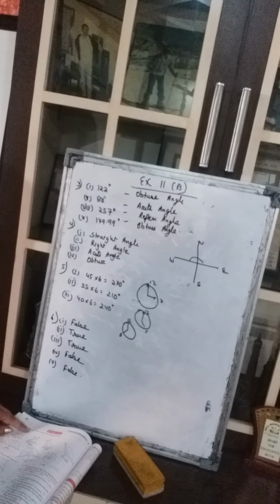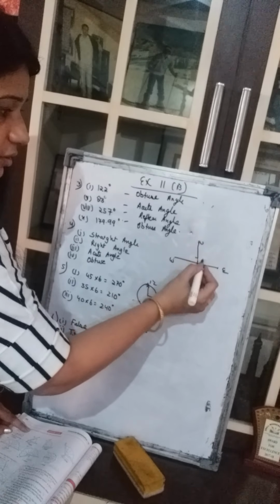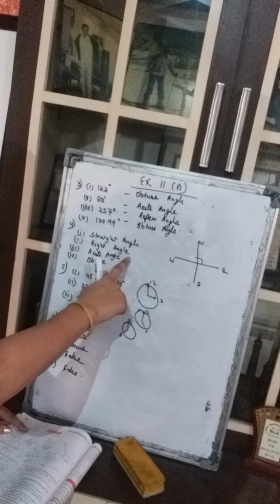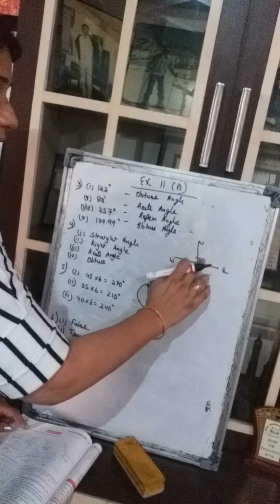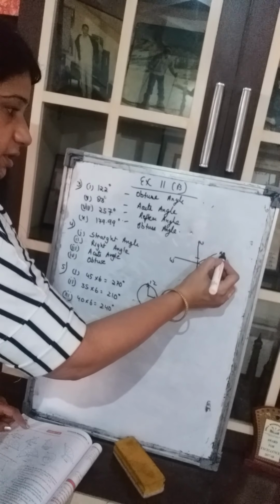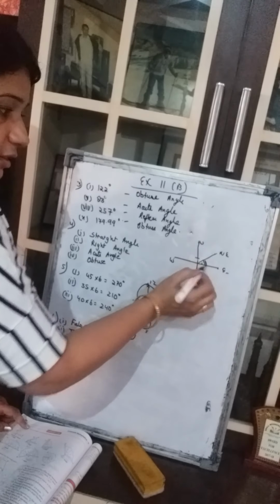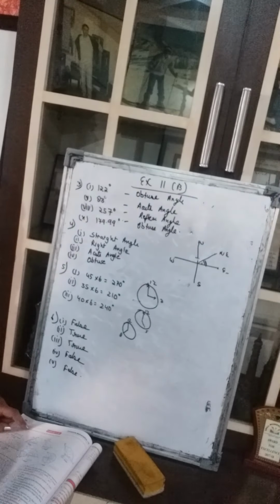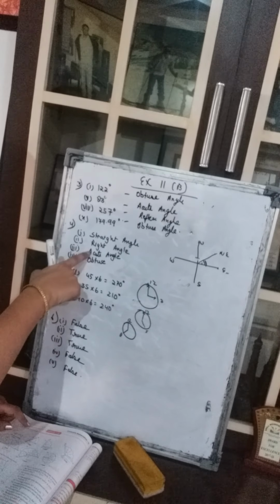Second part says east and north. East and north. Which angle is this? This is 90 degree. So it is a right angle. Now we come to the third part, north and northeast. So there is one more. We will draw here northeast. So which angle between east and northeast? This one is obviously less than 90 degree. So which angle will it become? It will become acute angle. So it is acute angle.